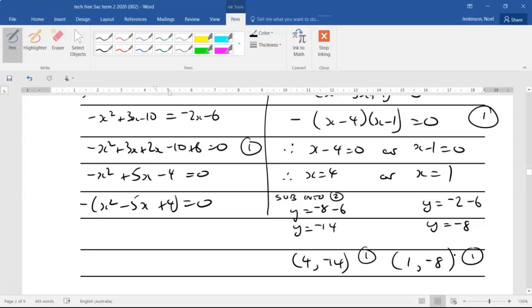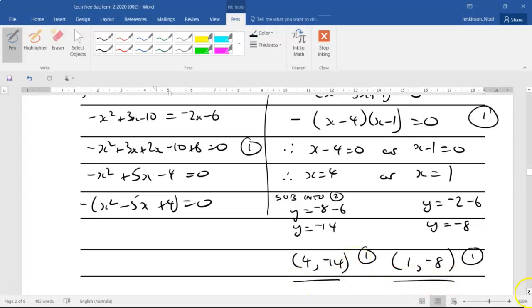So the major working there was equating the equations, was factorizing to solve, and then obviously from that factorized form you can see the 4 and the 1. You've got to get the y's, so really it's sort of 1 for getting those two y's, and then expressing